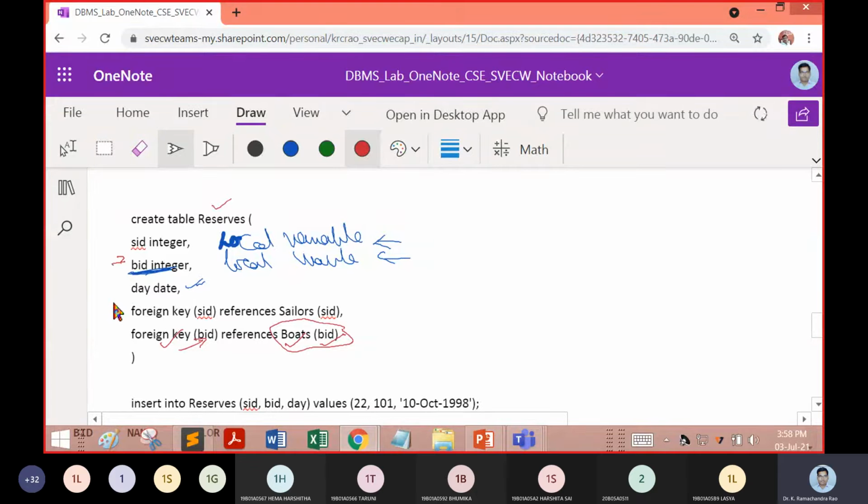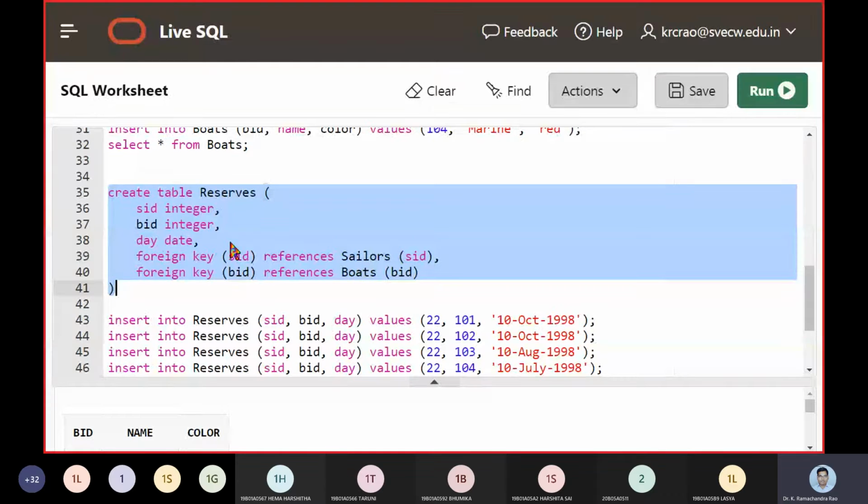So the local variable will have the same data type and the same size, etc. This is the takeaway when we are going to work with the reserves table. That is what we brought here. We made a create reserves operation and then we took up two foreign keys, SID and BID, from Sailors and Boats.